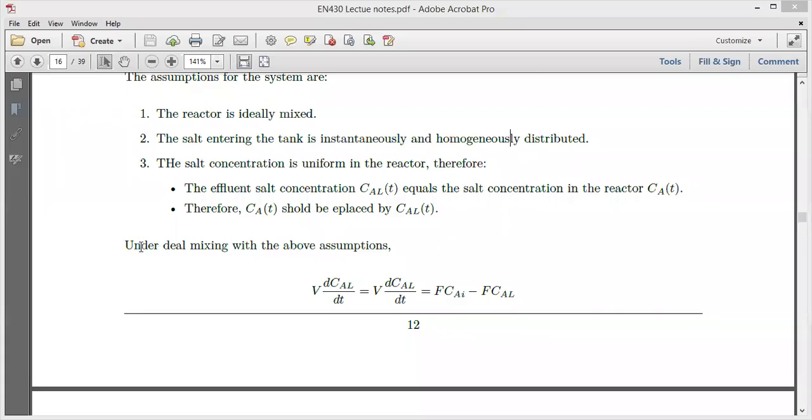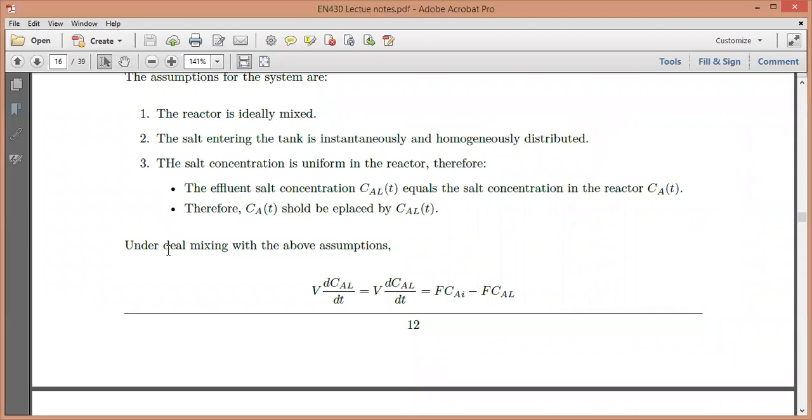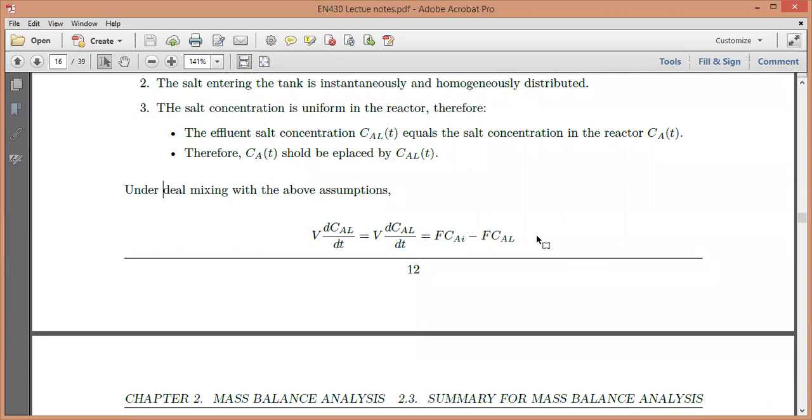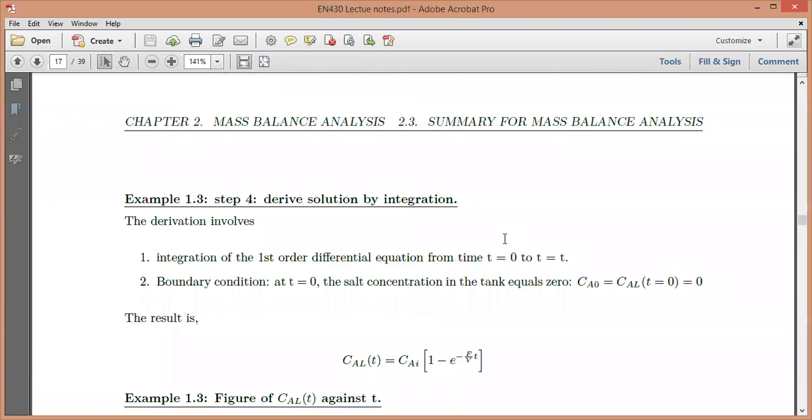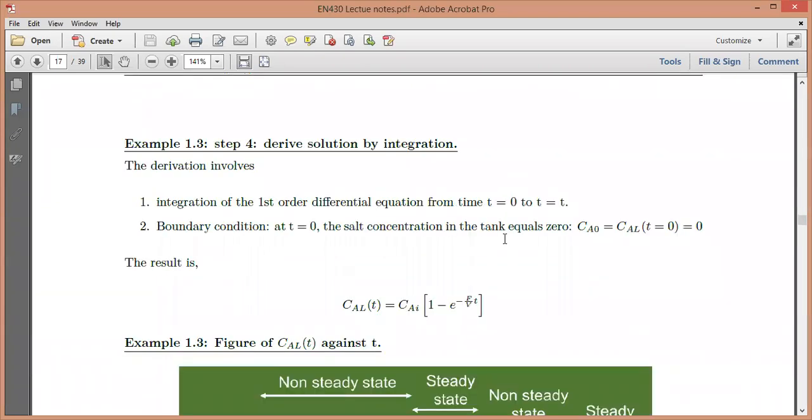Okay, so under ideal, supposed to be ideal. Under ideal mixing with the above assumptions, what do we get? This equation, which we've already discussed. Okay. Then now,